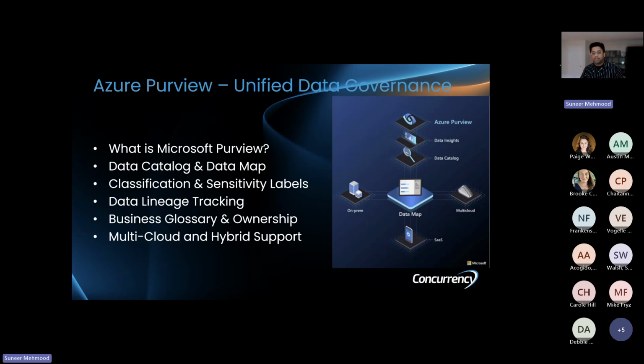So if you have all of these, how do you have one common bird's eye view of what all is out there? That's what Purview used to provide. And Purview can scan all these data assets and say that you have this particular Azure SQL database, and these are the tables that are there, these are the fields that are there, and this field is getting used, and so on and so forth.